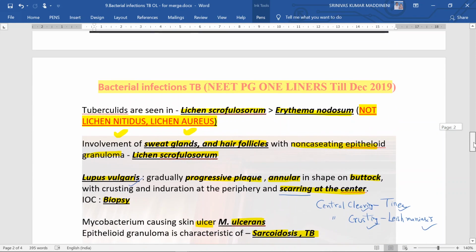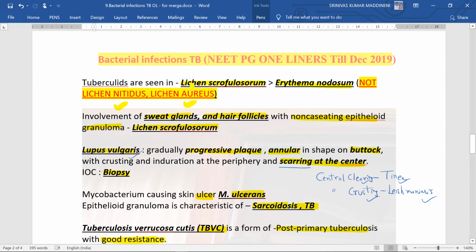Tuberculids are seen in lichen scrofulosorum, as I already told, it's a micropapular type. Erythema nodosum, if it is the only option present among the 4 options, then you can mark it. Otherwise, lichen scrofulosorum is a better option. But lichen nitidus and lichen aureus are not tuberculosis. Remember this point: in lichen scrofulosorum, there will be sweat gland involvement and hair follicle involvement with non-caseating epithelioid